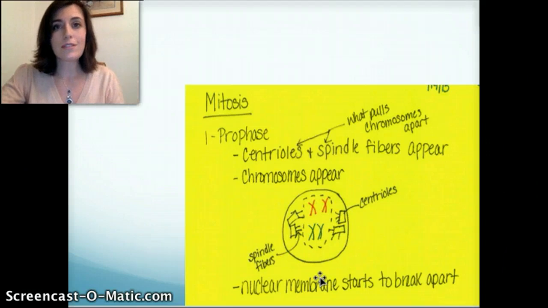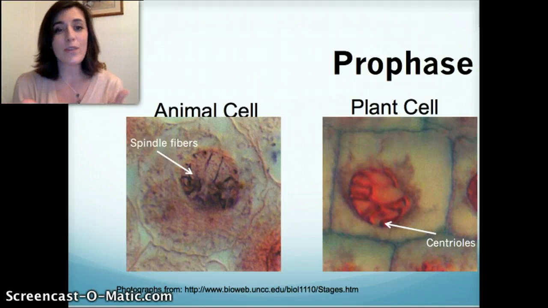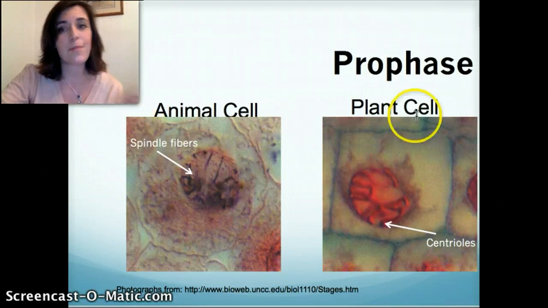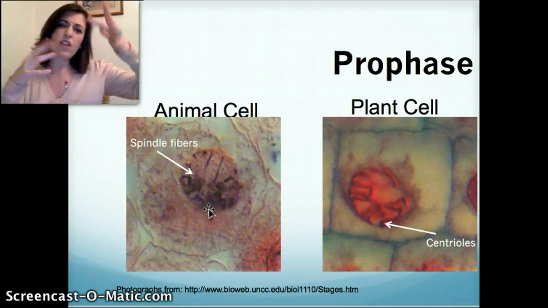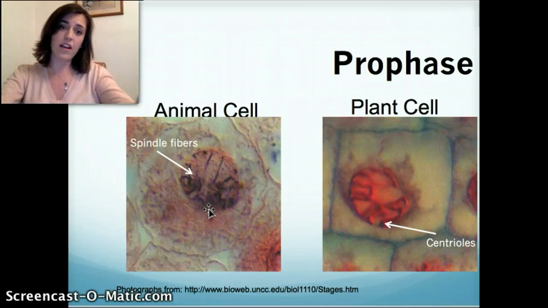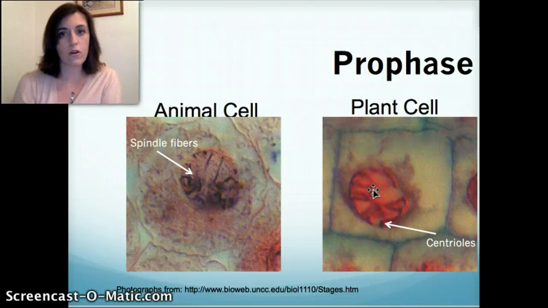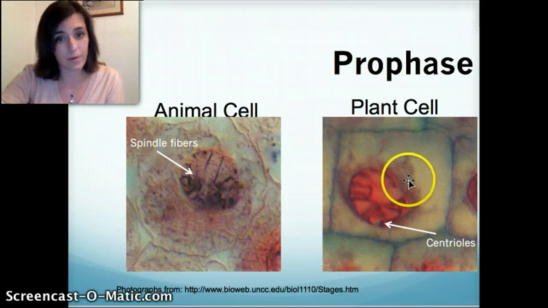Okay, so what does this look like under the microscope? I will show you. I'm so glad you asked. This is what it looks like under the microscope. You have an animal cell on the left-hand side and a plant cell on the right-hand side. Those chromosomes are starting to come out. You can see them, but they're still like, I don't know where to go. Bam, they're all here. You can actually individually pick out and outline all the chromosomes. That's what's going to tell you that it's in prophase. They're just kind of a disorganized mess.